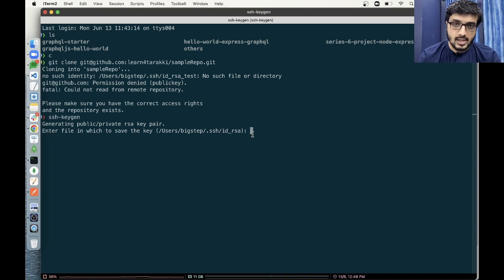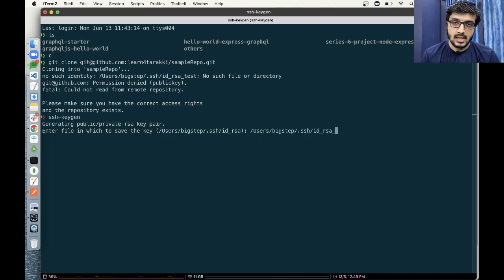By default, when you hit enter here without specifying a directory or location, it will automatically create the keys with the name id_rsa, with two files, id_rsa and id_rsa.pub, which is the public key. But I recommend that you name those keys, because sitting on the same Mac system you might be connecting to GitHub or Bitbucket or GitLab, or different repository servers. So it is better to create named keys. In future you can refer to those keys and manage things accordingly. So I would say simply copy this entire path and paste it here,